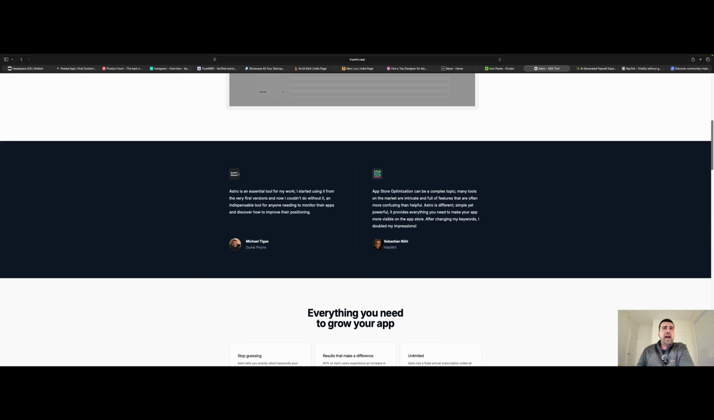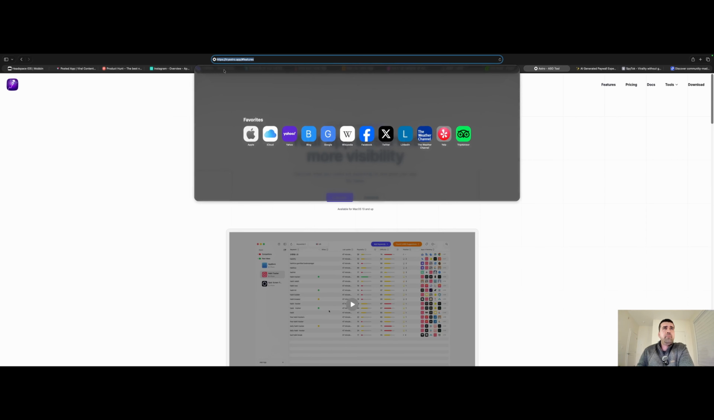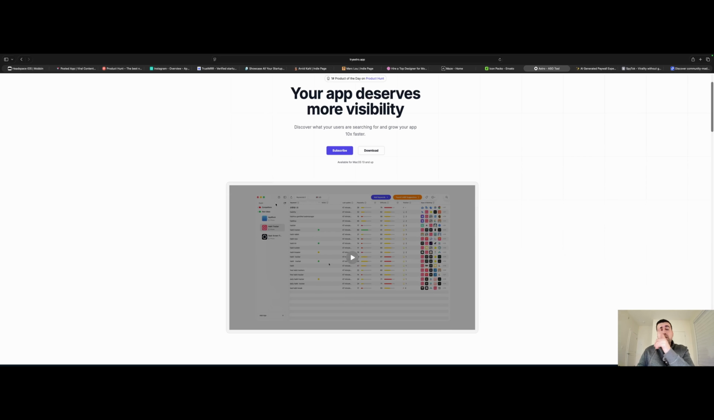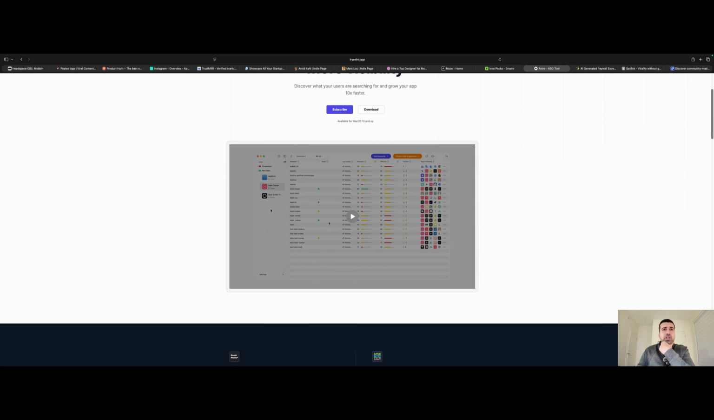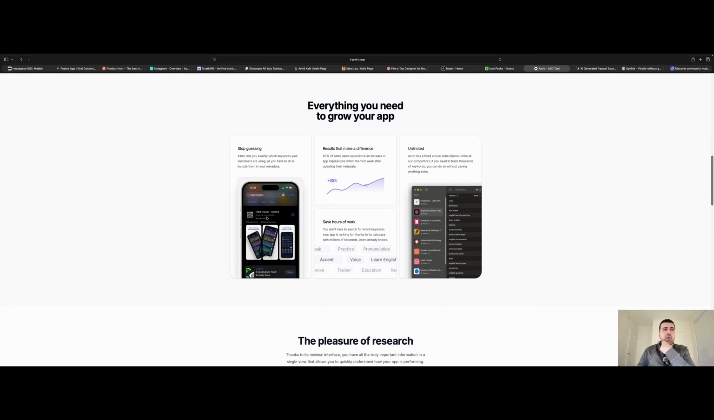And now we have Astro. So try astro.app. So this one, essentially what it does is it helps you target keywords for your app. So let's say you're launching an app in the App Store. This website will actually look at what people are searching for in the App Store. So this will help you use the right keywords for your app, and that way you can actually generate more